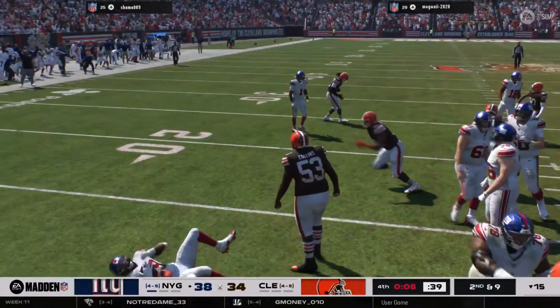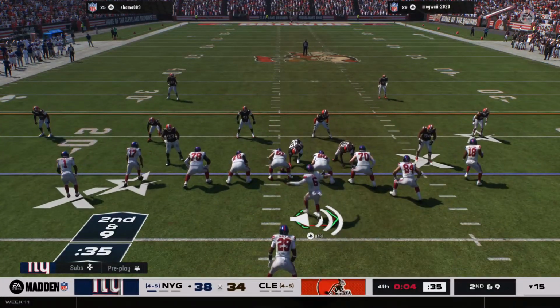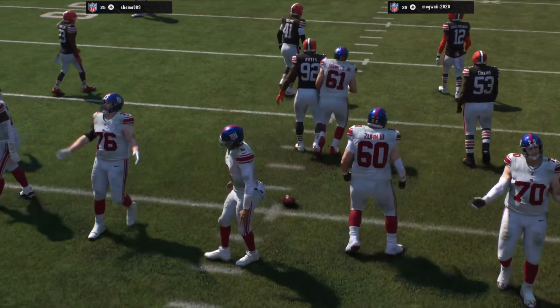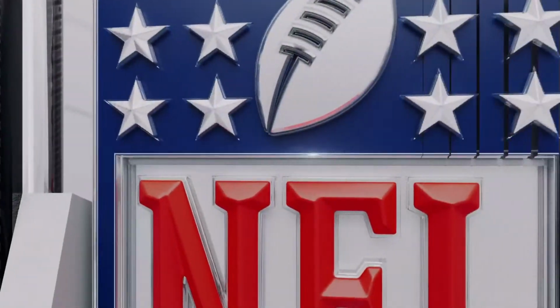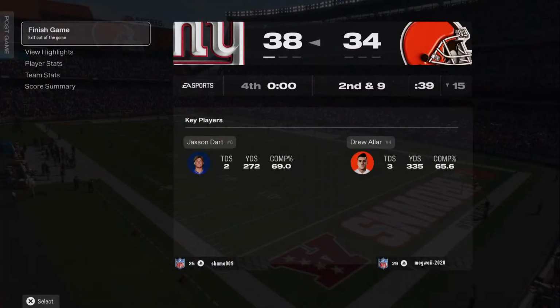And he'll get back to the line of scrimmage. Jay Samuel Jr. on the tackle. 1-yard gain brings up 2nd and 9. So a road win here for the Giants. This was a game where both offenses were up and down the field, marching the ball at will, matching each other point for point. But in the end,